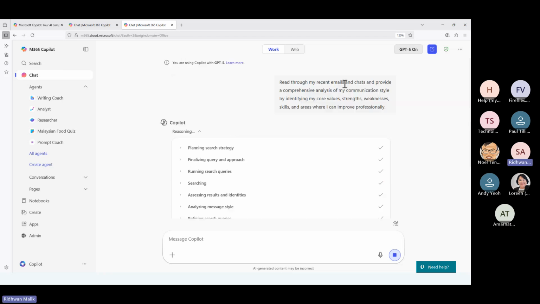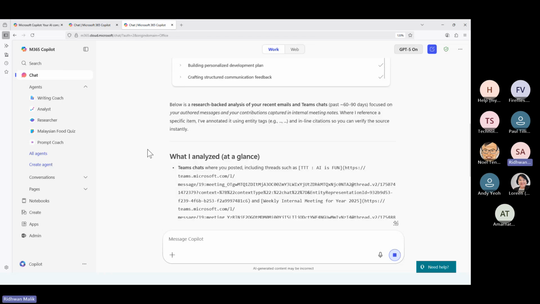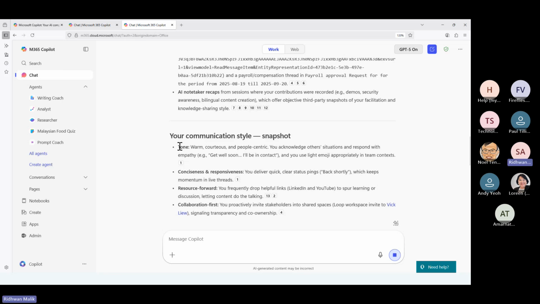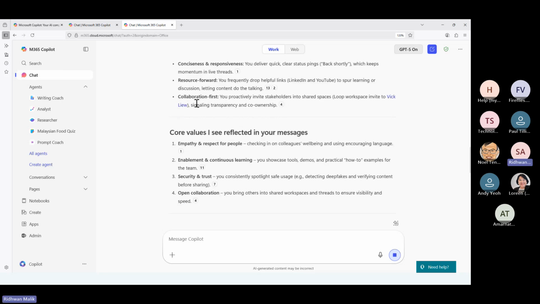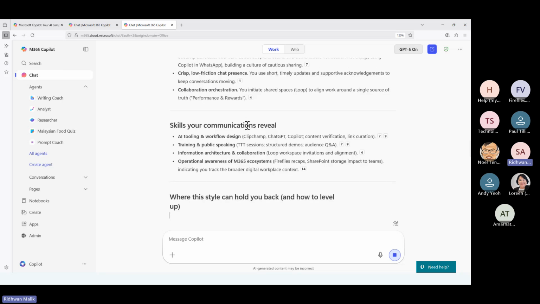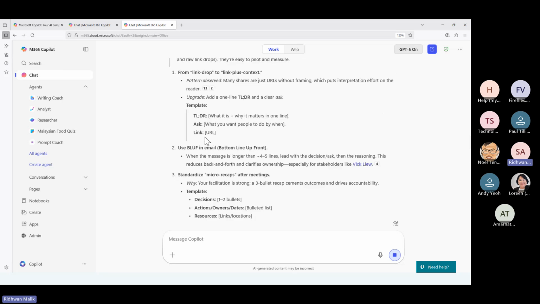So every time when you use GPT-5, yeah, the reasoning portion is a bit different. It also depends on the email that it's able to access, right? So here is the research that it was able to do, right? And then your communication style, right? So what is my communication style? And then my core values, right? And then the strengths with evidence, right? Always you put here straight away with evidence. Skill, your communications, right? Where this style can hold you back, right? For example, the things that I do that are wrong,